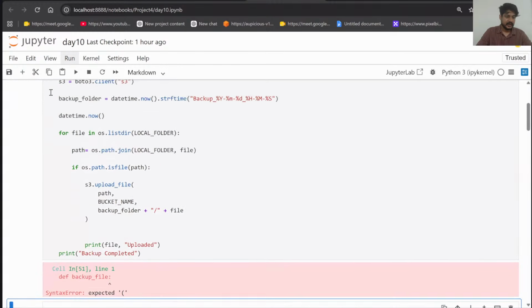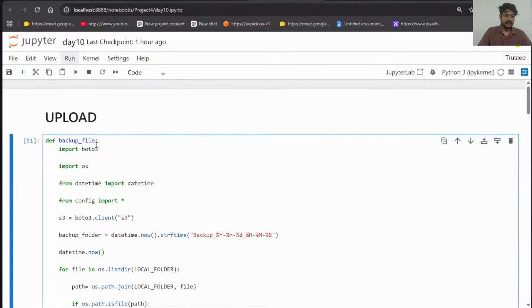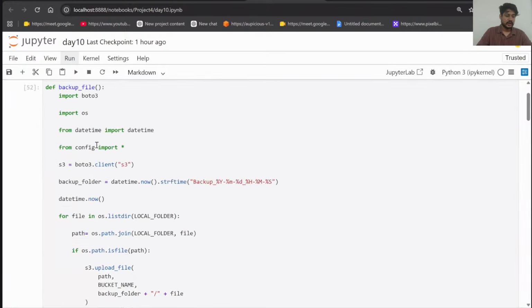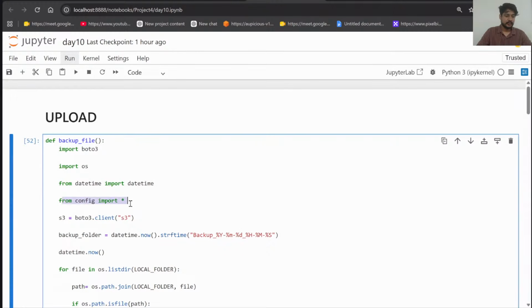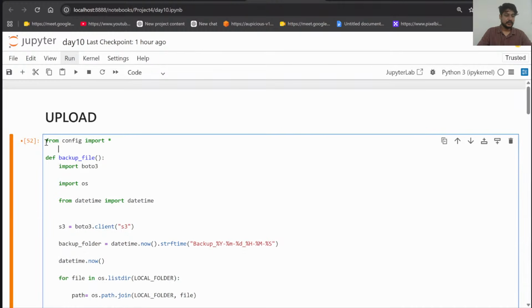Expected block of code, कहीं ना कहीं हमने mistake कर दी. Sorry, function में we have not given parenthesis. So import star from is not allowed inside the module level. तो हम यहाँ पे इसको ये remove कर देंगे. Control Z and remove this from here. Right. So completed, this project is completed. Import it on the top. Maybe this all import also we can do it on the top.